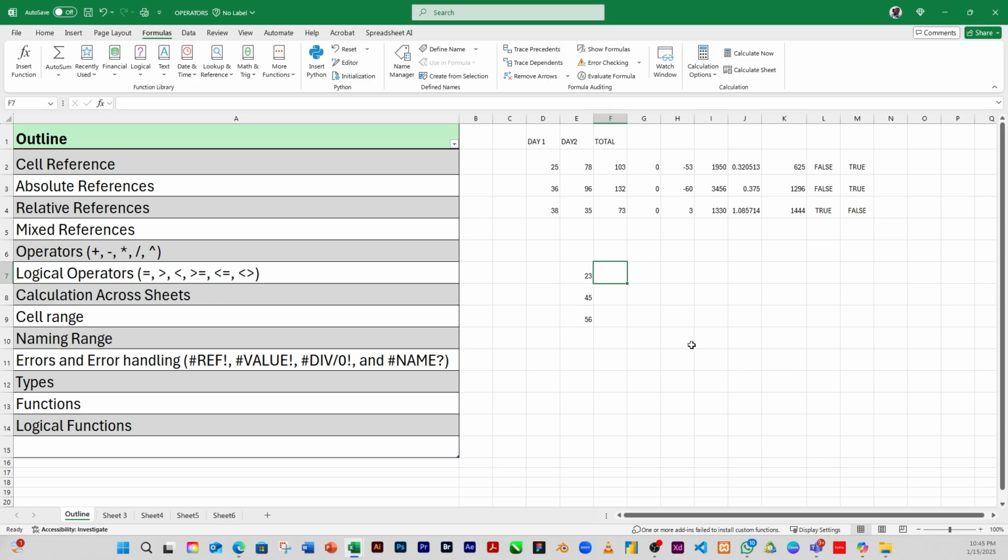And we have another one, 58, 35, and 26. So the same way, I can come here, type equal to, click this one, greater than or equal to. You see the two of them are in the same place. This one returns false, right? If I drag down,